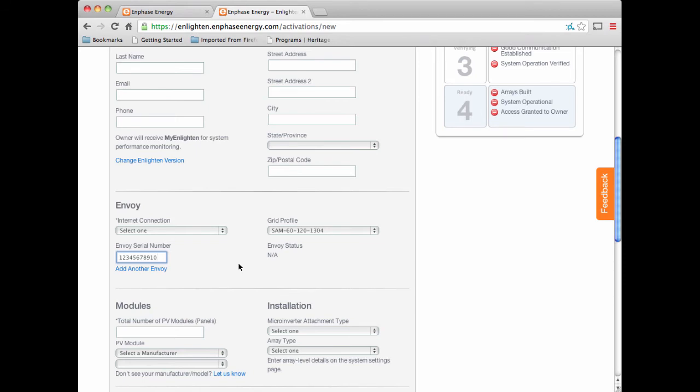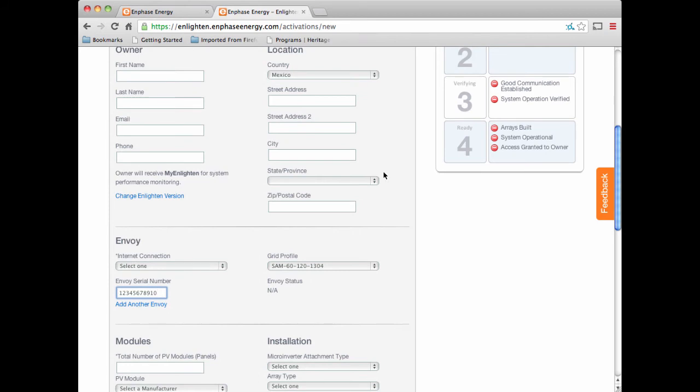So, as a best practice, I always tell people, if you're an installer, go ahead and plug the Envoy in when you're doing the activation. If it's at your office, that's great. That's going to help speed up the process later down the road because you may have to download new software, and at your office you've got an internet connection. You know that you can talk to that guy and get things up and running. So that's how we select the grid profiles for different countries around the world, different locations, as well as different